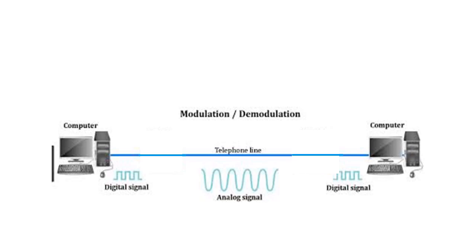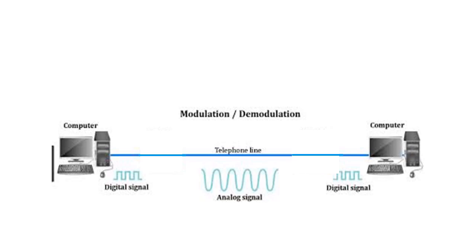In this diagram you can see that two computers are connected with each other. But you can see that these two computers or the network of these two computers also contains telephone line. And as we have discussed previously, computer sends digital signals and telephone line transfers analog signals. So to overcome this problem, we require one device that is known as modem, and it performs two operations, modulation